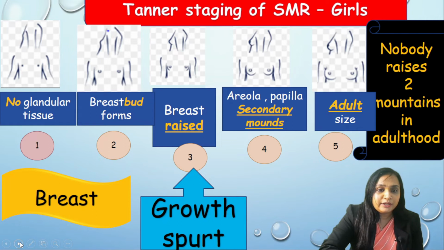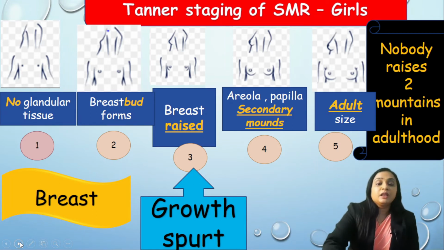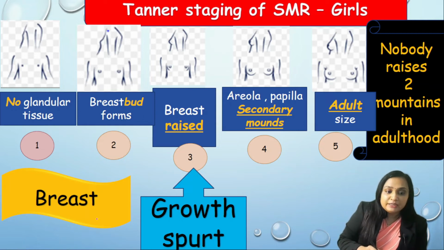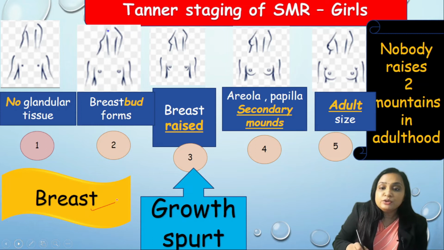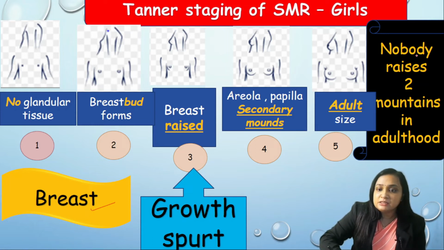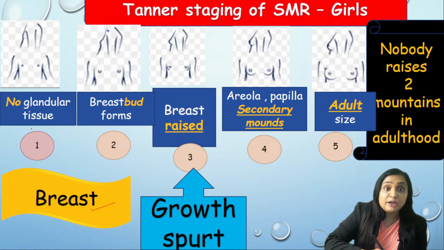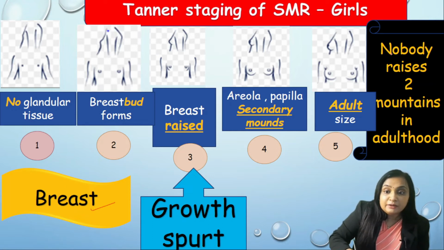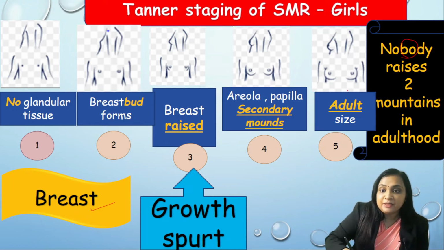So let's do it. First of all, Tanner staging, SMR, for girls. The first component is breast. So how are we going to remember? You have to remember this sentence: Nobody raises two mountains in adulthood. No: stage 1, no glandular tissue. Body: here B stands for body, breast bud forms, that is second stage. Raises: R stands for third stage, overall breast size, breast is raised, that is third stage, and